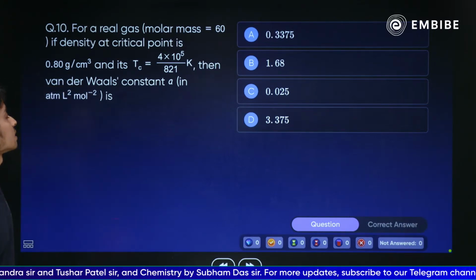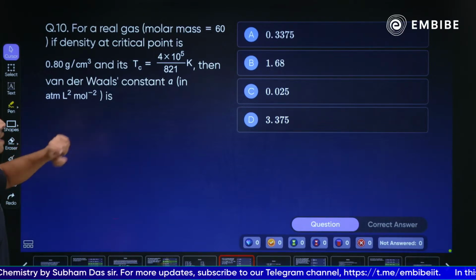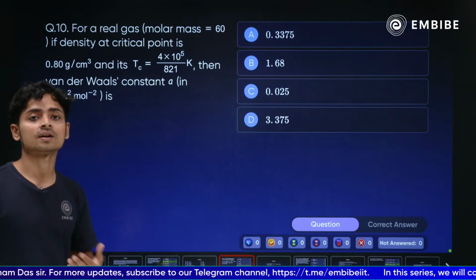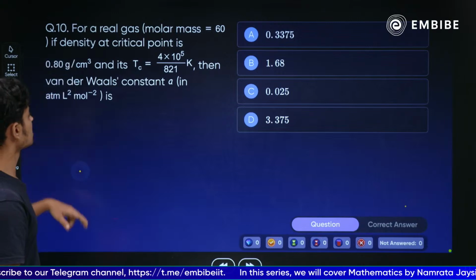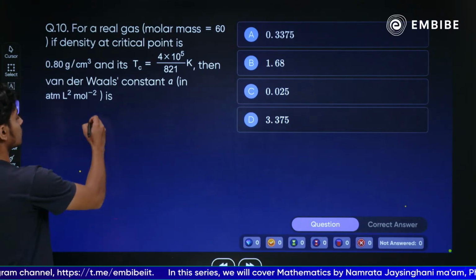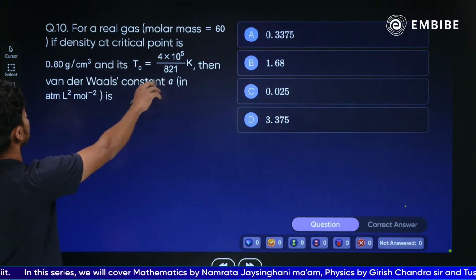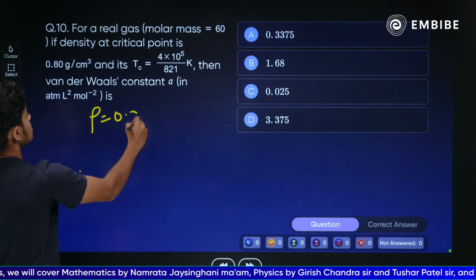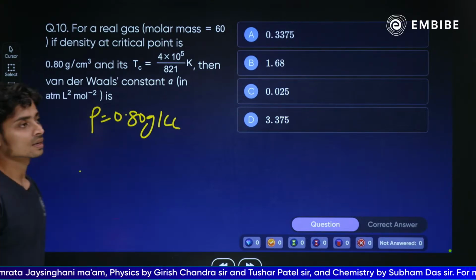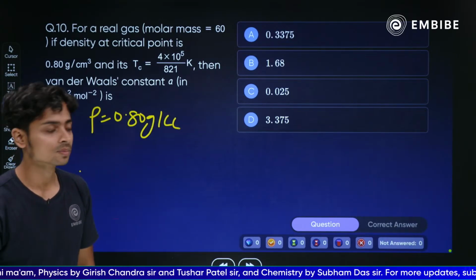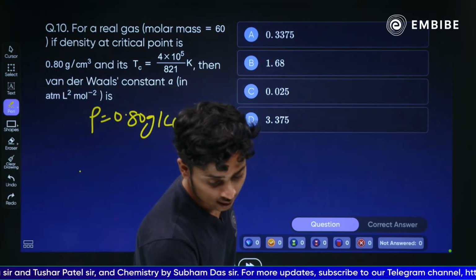तो उसके हिसाब से आप इसको आंसर करो, इसका एक्चुअली फार्मूलाज है, ठीक है। तो वैंडरवाल्स कांस्टेंट ए का वैल्यू निकालना है आपको। ए आपका इंटरमोलिकुलर फोर्सेस ऑफ अट्रैक्शन का वैल्यू देता है, ठीक है। तो आपका फॉर्मूला है, टी सी वी सी, और यहाँ पे डेंसिटी भी डेटा दिया गया है, डेंसिटी है 0.80 ग्राम पर सीसी और रियल गैस। तो रियल गैस के लिए ये सब क्रिटिकल कॉन्स्टेंट्स निकलते हैं, क्रिटिकल वॉल्यूम, क्रिटिकल टेम्परेचर एंड क्रिटिकल प्रेशर, ठीक है। तो वो सब आपको यहाँ पे निकालना है।